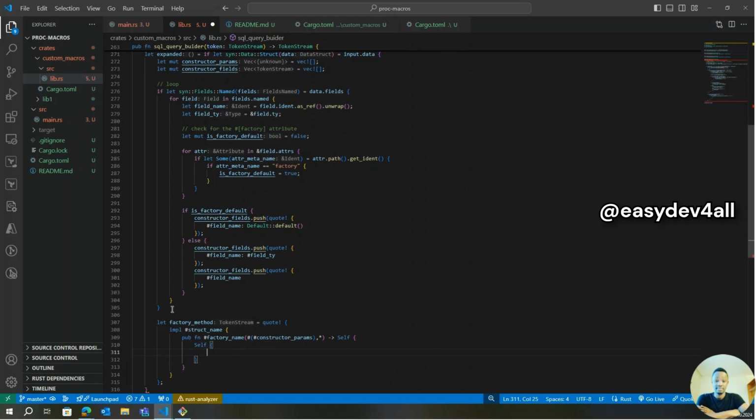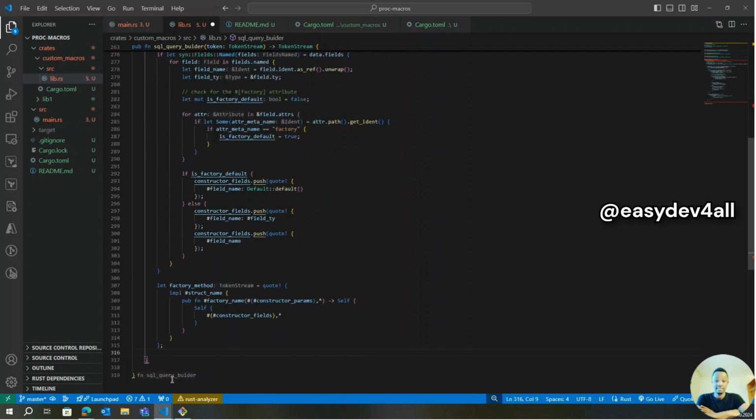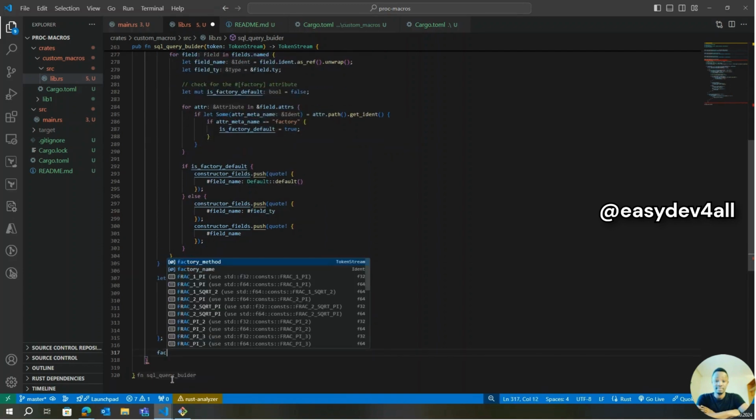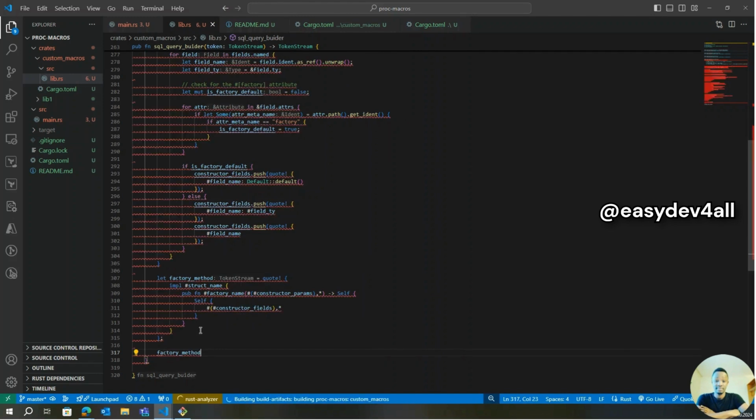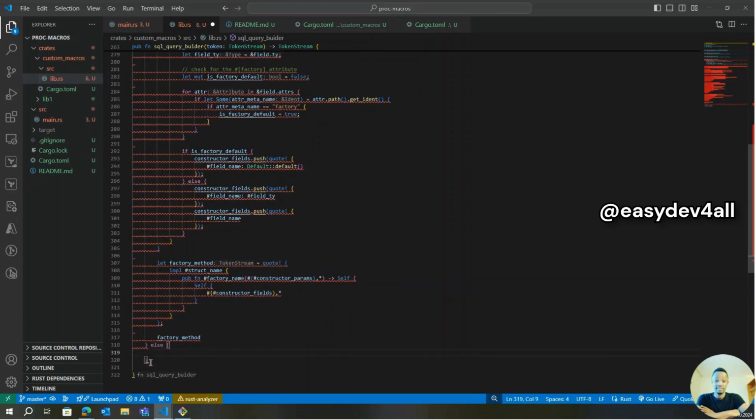Again, exactly what we did before. So use the syntax one more time. And then inside now, I provide my constructor fields like this. So this is how we provide our factory method. And here I can now actually return the factory method. Okay. So if this is the case, we return this, else we return an empty